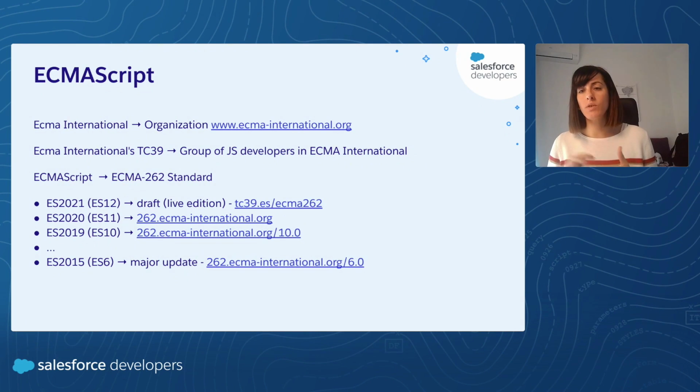Normally in June is when they stop working on the standards. They take a picture of the standard as it is at that point, and that is the resulting ECMAScript 2021 or 22 or whatever year it is edition for that year, right? So then we have also